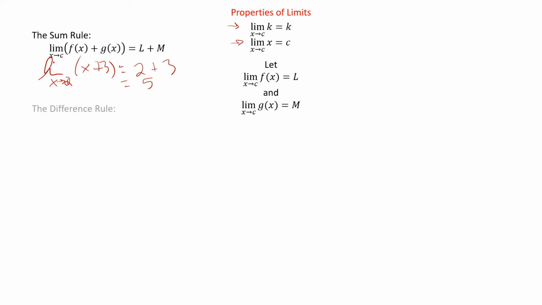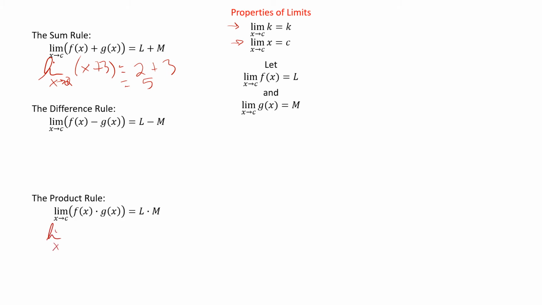That's the sum rule. The difference rule, I bet you can't guess what this is going to be. It's the same thing except with subtraction. We're not going to do an example on that one. The product rule, same thing actually except with multiplication. And so here we have two different functions multiplied together. It's going to give us L times M. So if we had, say,